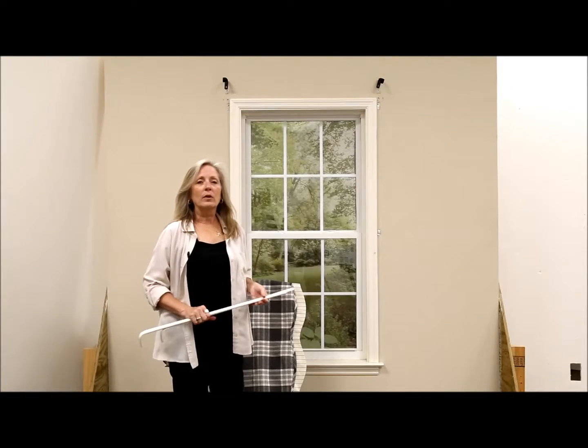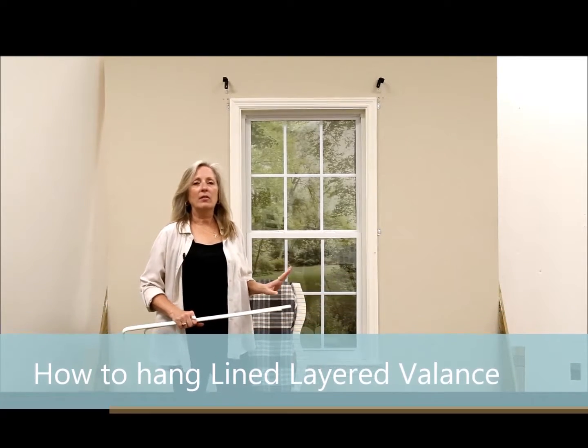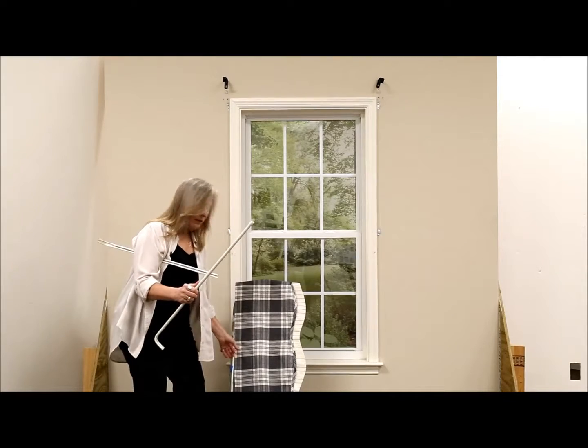Okay, next we're going to start with a lined layered valance. Now, our lined layered valances have nice scallops in the bottom, and so the object of the drill here is to make sure that the scallops all fall evenly across the window. So again, we start with the large end of the curtain rod,